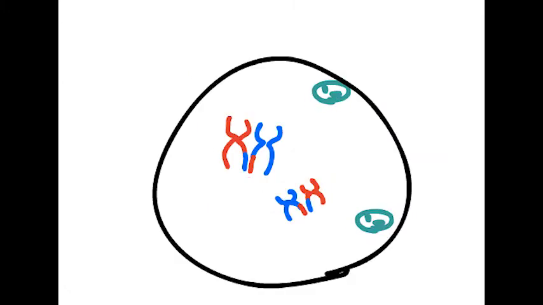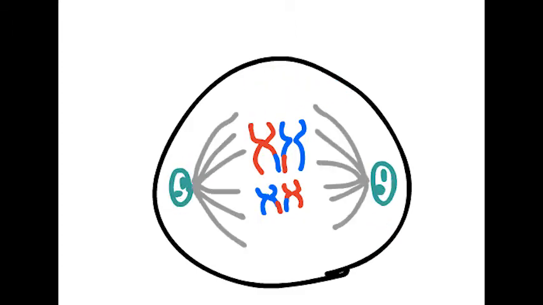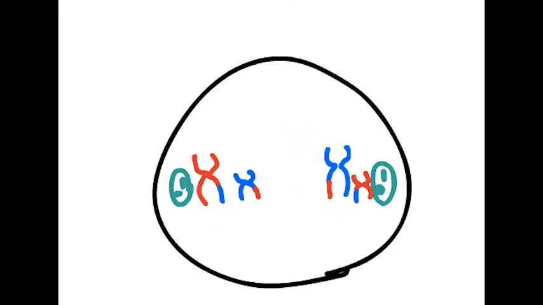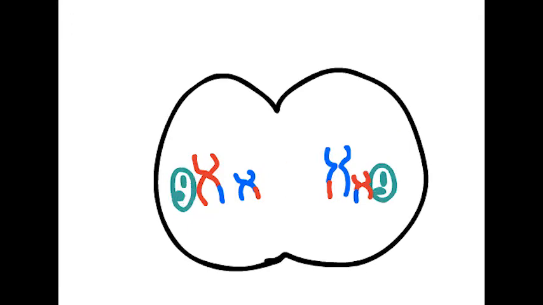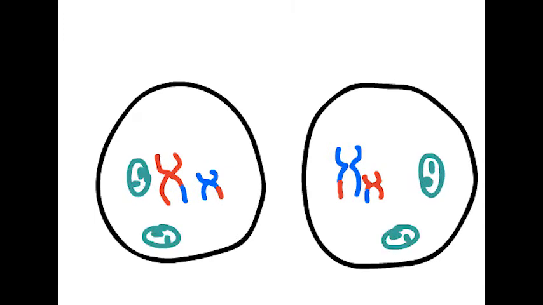During metaphase 1, homologous chromosomes align along the metaphase plate, assorting independently of each other. Spindle fibers from the centrosomes attach themselves to kinetochores on the centromeres of each chromosome. During anaphase 1, the spindle fibers contract and the chromosomes move to the poles of each cell. The cleavage furrow then forms during telophase 1, and finally, the daughter cells separate during cytokinesis 1 to create two